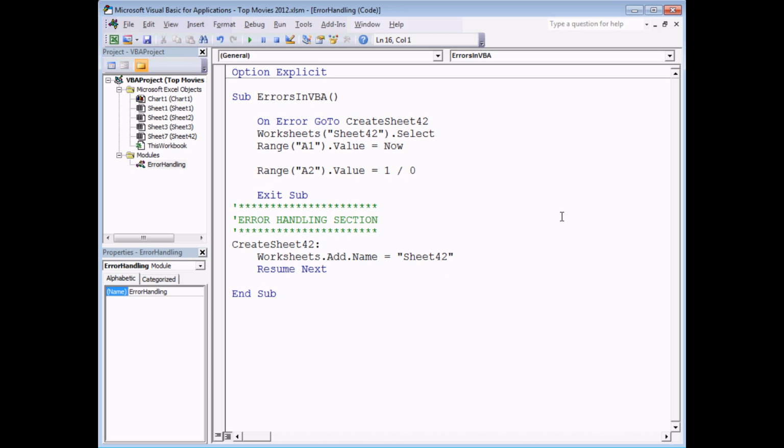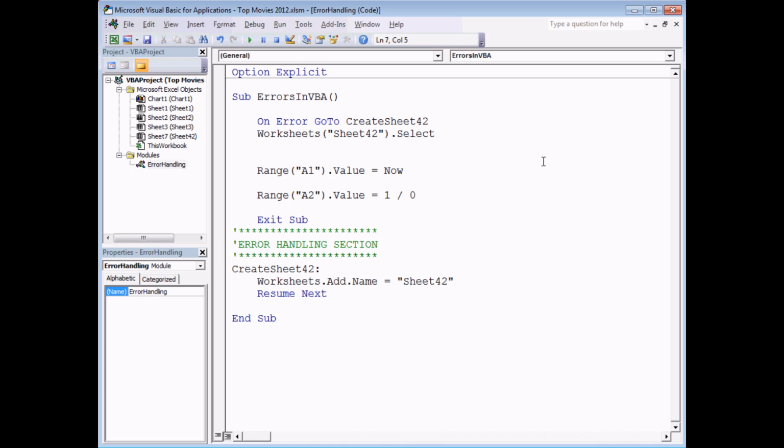To do this, we need a simple line of code which comes in after the line which could potentially cause a runtime error. So let me put a couple of blank lines in there. I'm going to write the statement On Error, which we've already seen, GoTo, and then the digit 0, which is a little bit arcane. All you really need to understand about that line is that it deactivates any custom error handler. So it resets the system back to normal error handling status, which means that we just see the standard